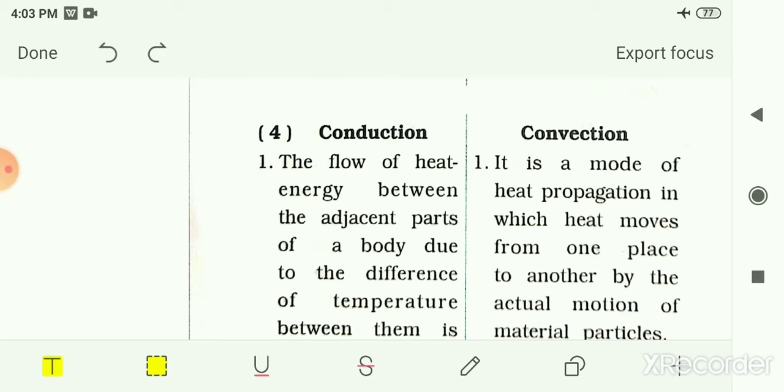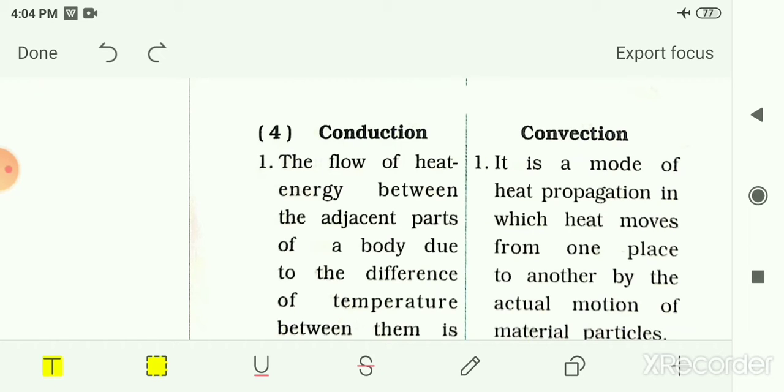But there is one exceptional case, that is with mercury. Mercury is a liquid even though it gets heated by the mode of transfer of heat called conduction. Then we had seen one natural phenomenon in which convection is used. In coastal regions, sea breeze during the daytime and land breeze during the night time occur due to the convection process. And then we had seen the last mode of transfer of heat, that is radiation.